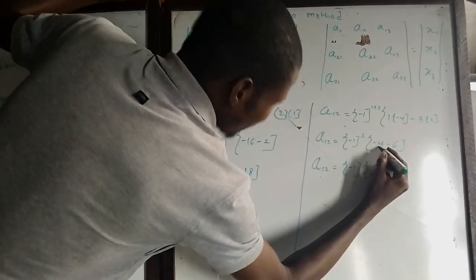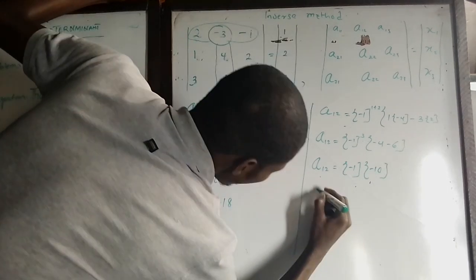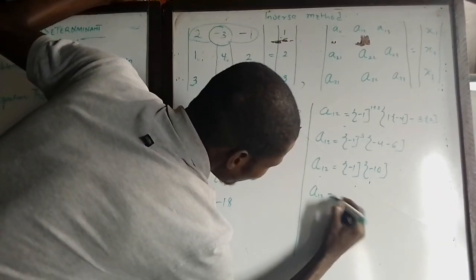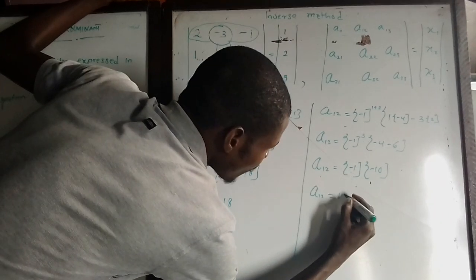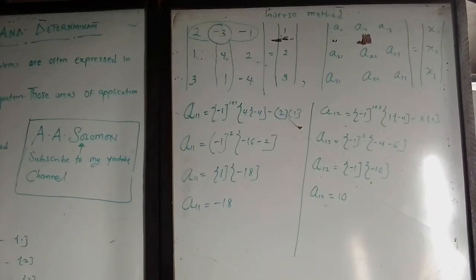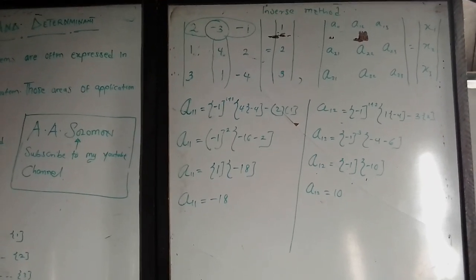Then we are going to have minus 4 minus 6 will give us minus 10. So A12 equals minus 1 times minus 10, which will give us positive 10. So do we understand? Positive 10. So let's move downward. Let's solve for